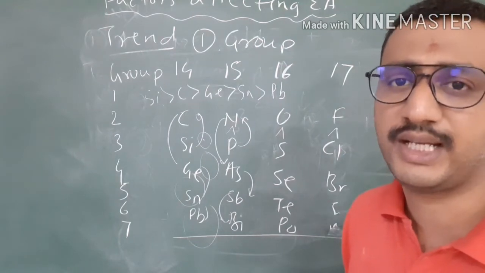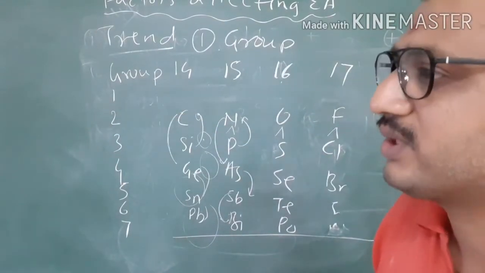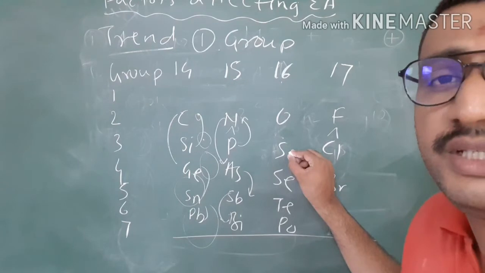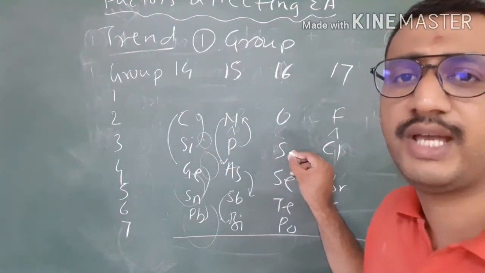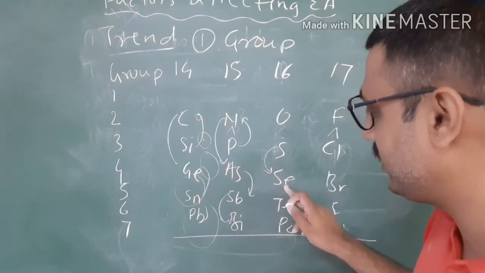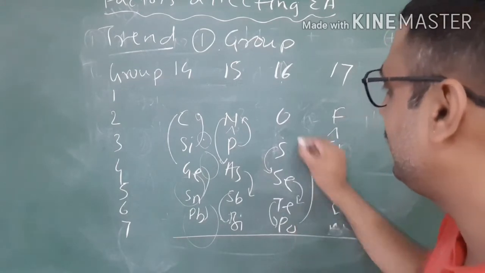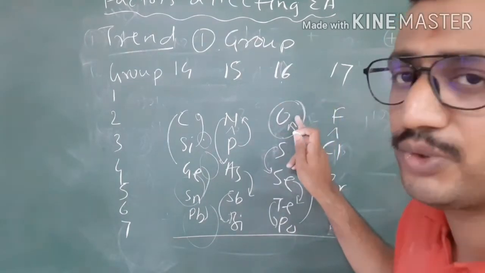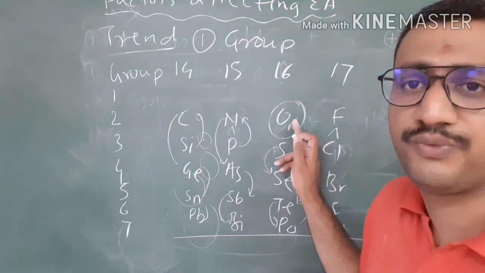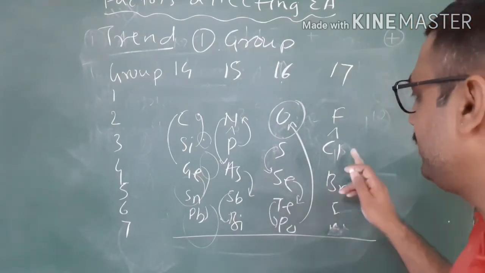The 15th group, pnictogens, I told. Now it is very important to note about the oxygen family elements. In case of oxygen family elements, highest electron affinity is shown by sulfur. But here the trend is totally different. We are observing the trend as: after sulfur, less value of electron affinity is for selenium, then less value is for tellurium, less value is for polonium, and the least value is for oxygen. Student, please note for the examination, oxygen shows the least electron affinity value among the 16th group elements. Now here let's move on.